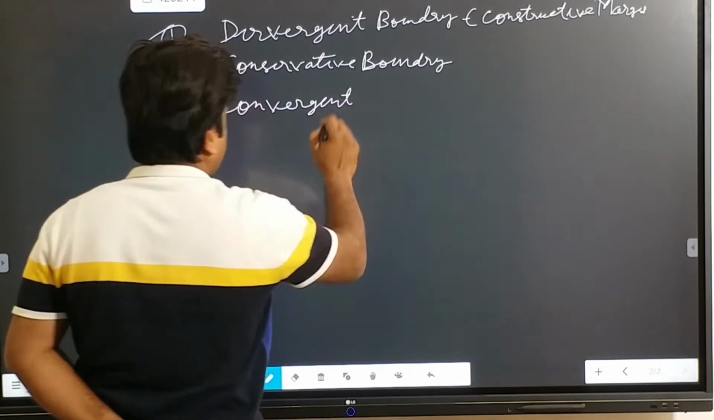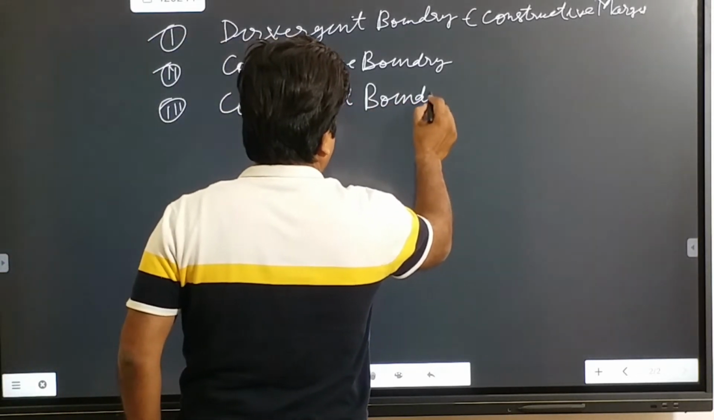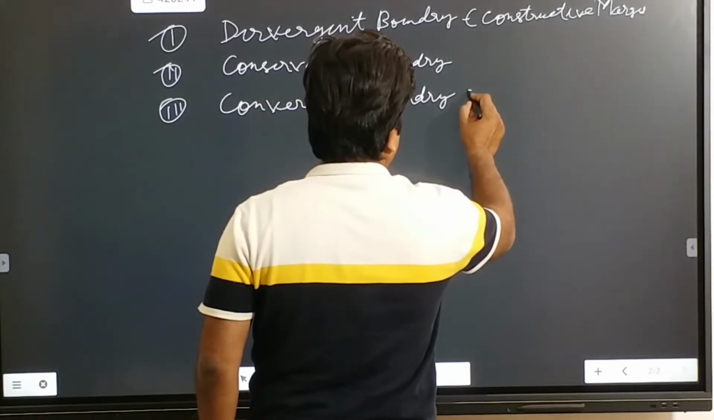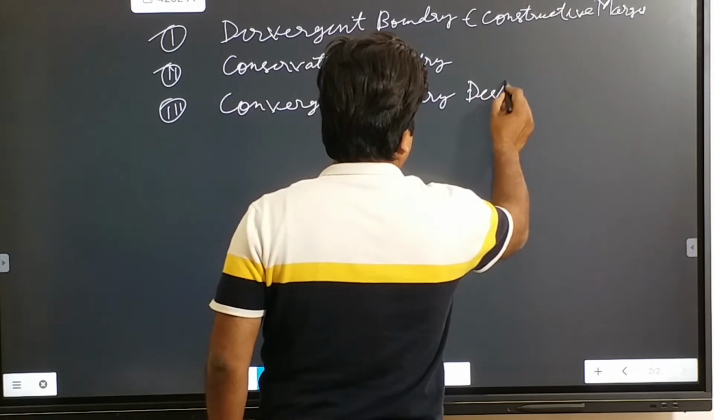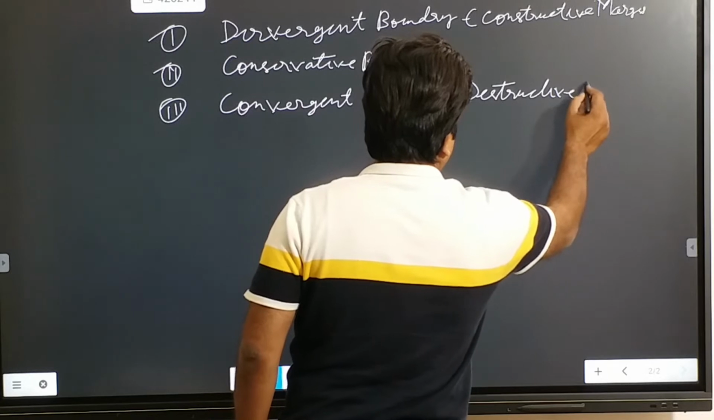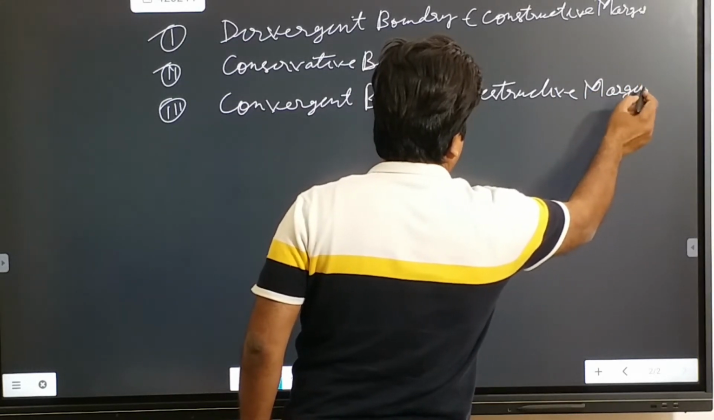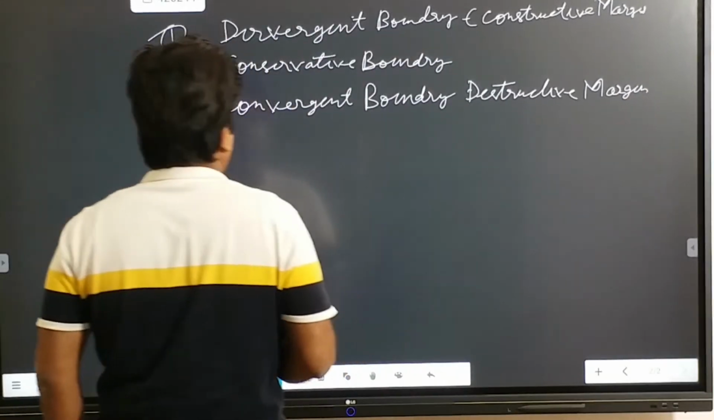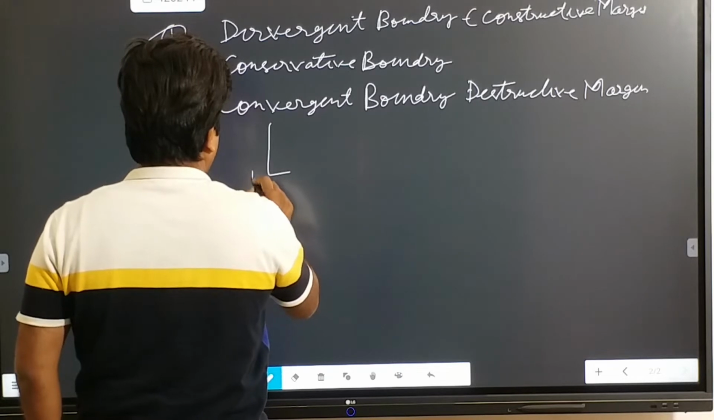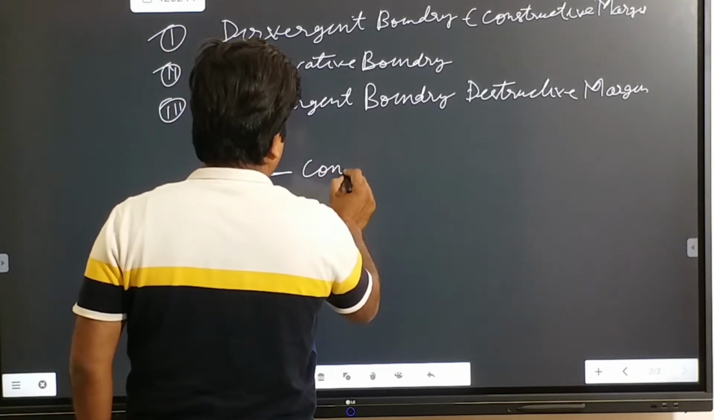Convergent boundary, because here the two plate get converged, or it is also known as destructive margin. Destructive margin, because here the plate get destructed. So this convergent boundary also can be of three types. The first type, it can be continent continent